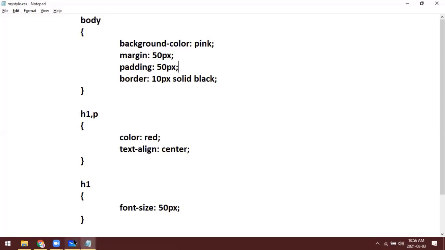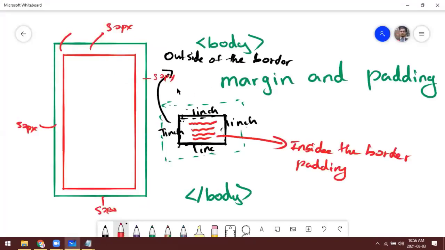So there's a difference between margin and padding. Remember, margin is the outer space. Outer space means if you leave some margin to any HTML tag, that space is not available for you. Just like in MS Word, if you give 1 inch margin, then you will have only this space.